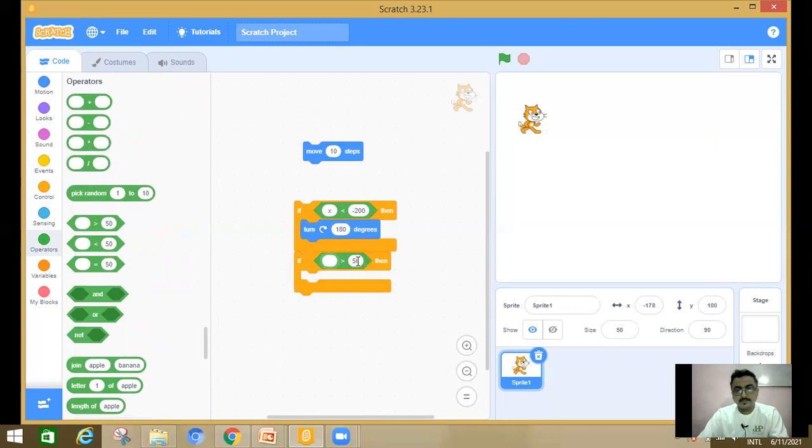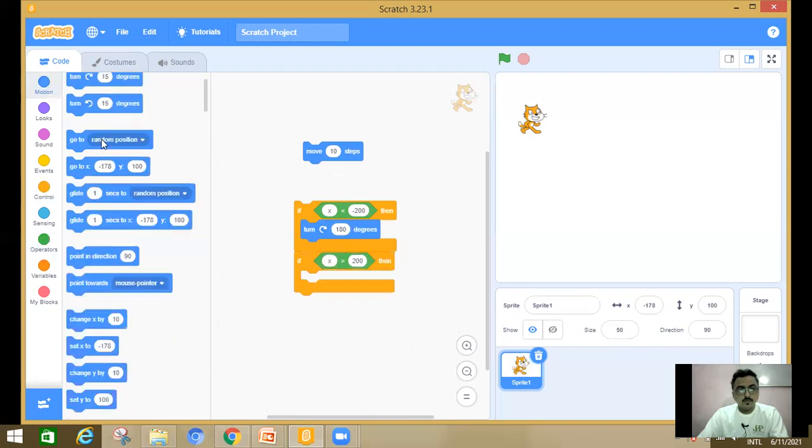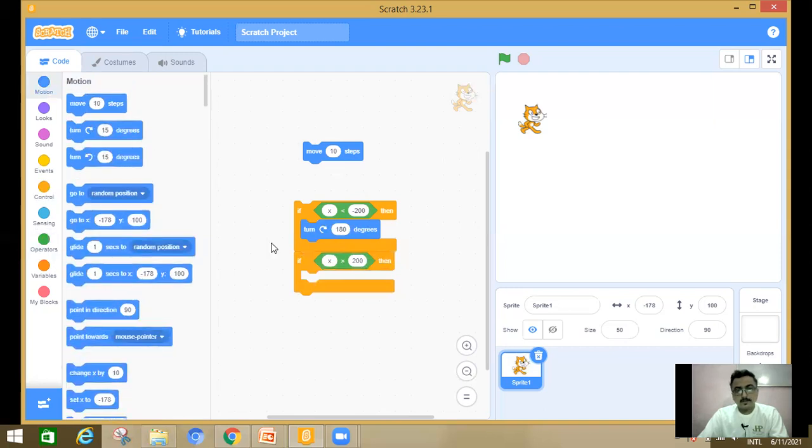If x is greater than 200, again move the direction 180 degrees. You can do a program in various ways. Either I could have taken only one if condition and applied two conditions. That can also be possible. Okay, so it's up to you. Now this is done.